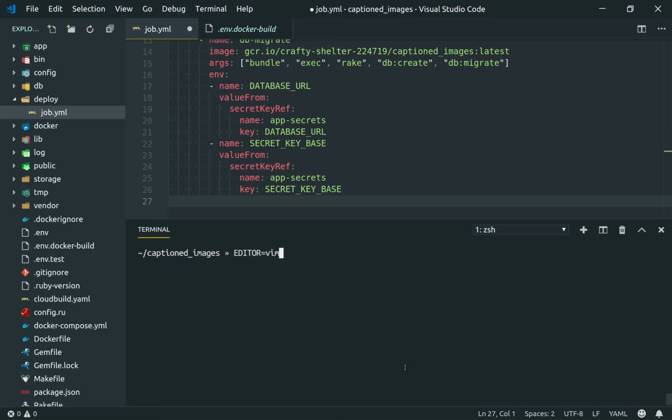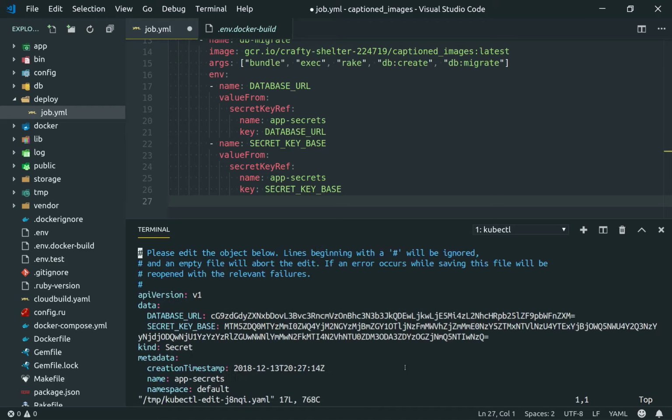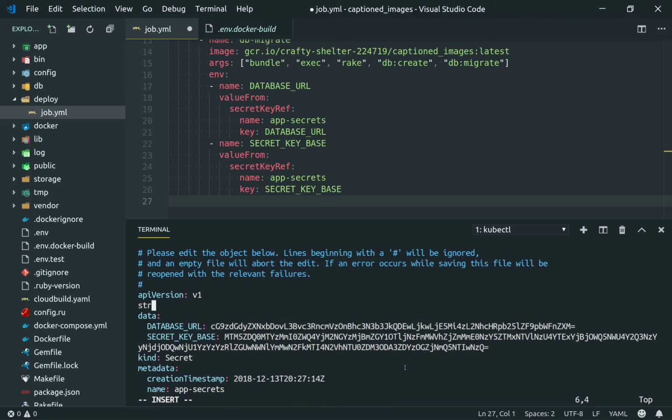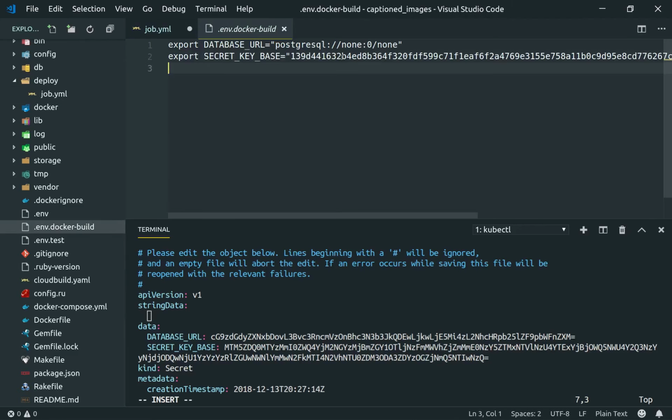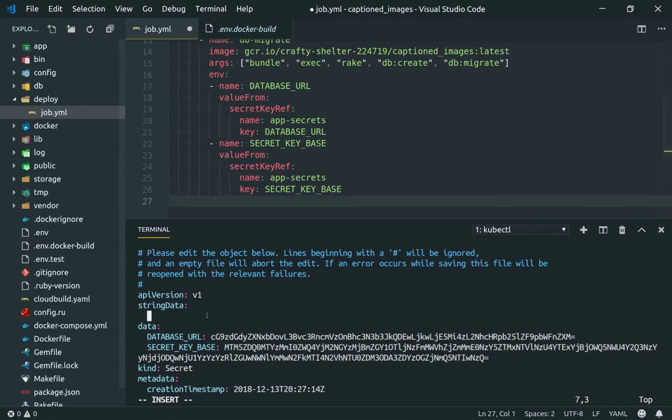If we go back into our kubectl edit secret app secrets, so before we were setting the data key and we were manually putting in these pre-base64 encoded values, we could also set a different key called string data, and this key accepts just the literal values of our keys that we want to set. So if we wanted to set secret key base to